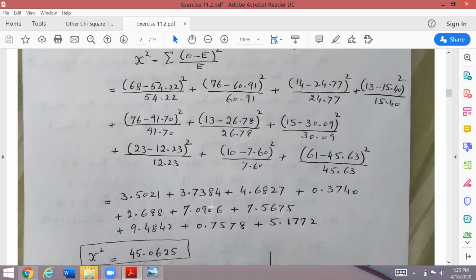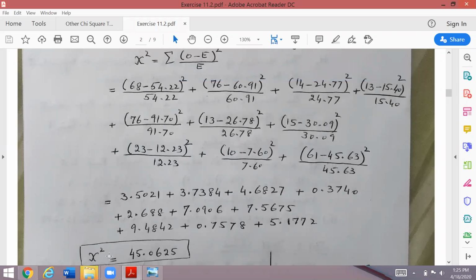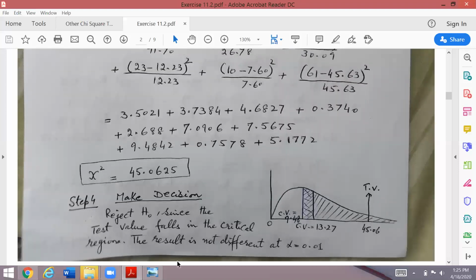उसी तरह लिखते जाइए उन्हीं रोज में, फिर सबको आप टोटल कर दीजिए. देखिए मैंने ऊपर 4 वैल्यूज लिखी थी तो I wrote the four values after the calculations ताकि confusion ना रहे. If you want to check कि कहाँ गलती हुई है, फिर सेकंड रो में तो सेकंड रो में आंसर लिखिए, थर्ड रो का आंसर है थर्ड रो में लिखिए, कोई प्रॉब्लम. There is no problem for the space. लिखते जाइए, क्या मसला है? You are provided with extra sheets, and in the end you will be summing up all these values, and that will be the answer for the test value. 45.0625 is the answer for the test value.